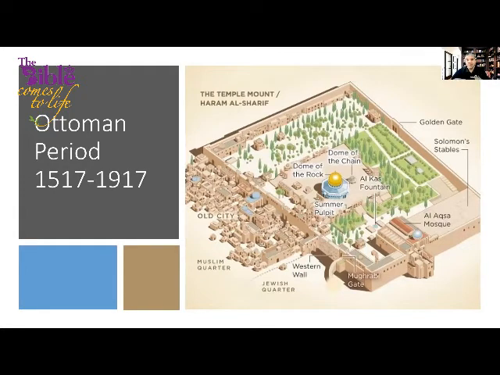In 1517, the Turks came over and conquered Israel and the entire Levant, the entire Middle East. And basically what they did, they kept the situation of the Mamluk as is. That's why today the Muslim quarter is one of the most intact medieval Muslim cities in the world. They did, though, add the wall around the city of Jerusalem. So in the year 1536, give or take, Sultan Suleiman the Magnificent built the walls that we see today in Jerusalem. These are Ottoman walls. They're not old. These walls are dated to 1536 AD.